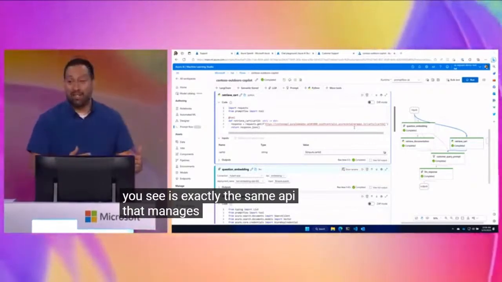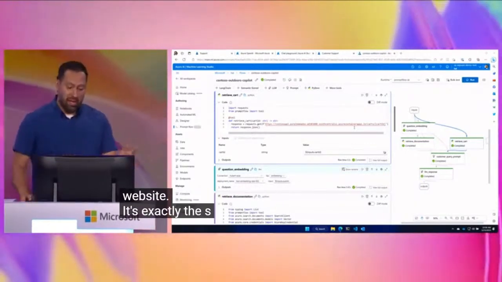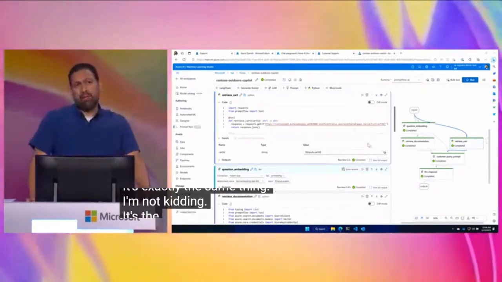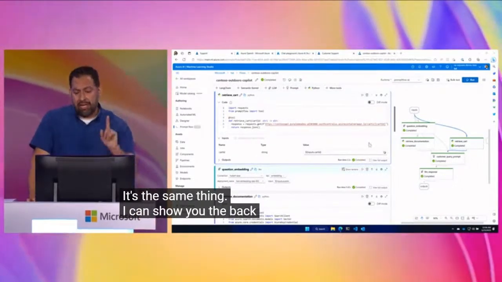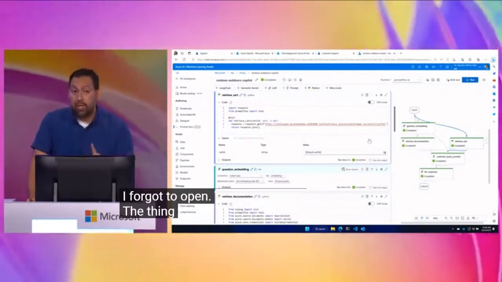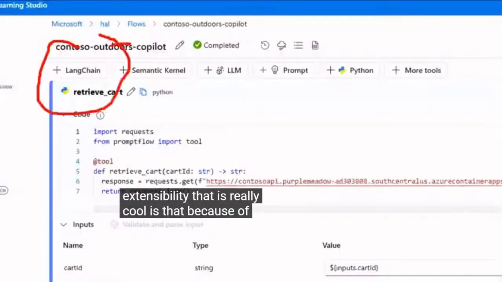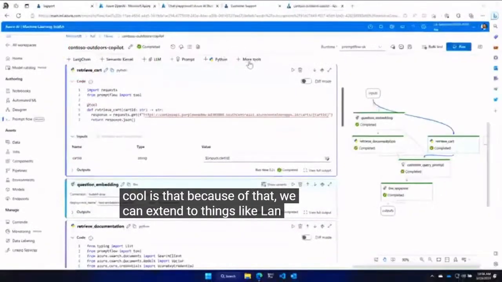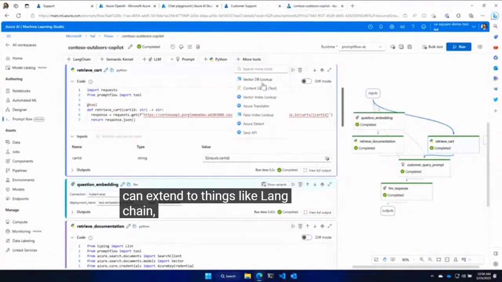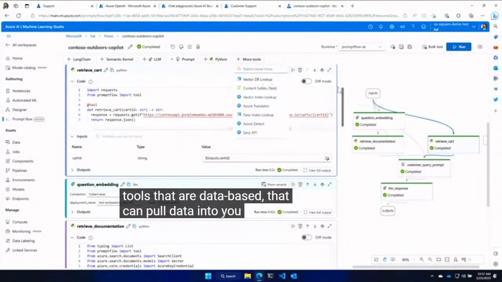I could show you the back end, but I forgot to open Visual Studio Code. So the thing about this extensibility that's actually really cool is that we can extend to things like LangChain, Semantic Kernel, or other tools that are data-based, forgive the pun, that can pull data into your prompt, or really anything else. Okay, so that's the first thing I wanted to show you.